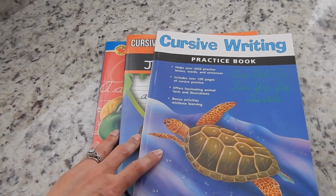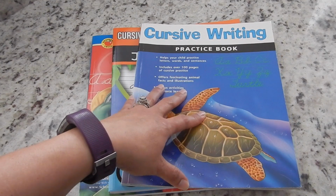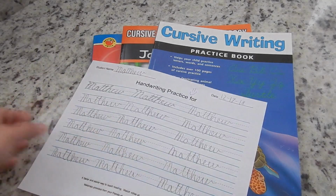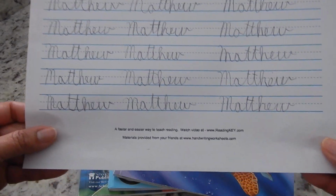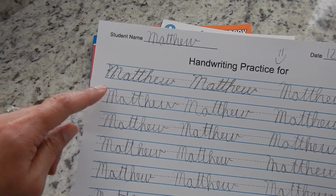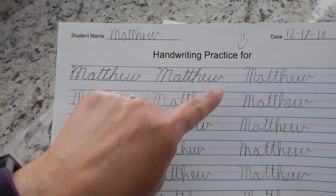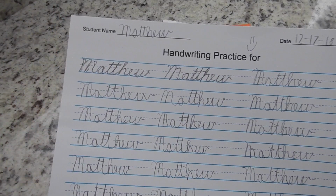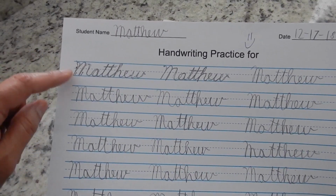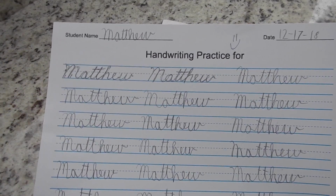But there's also another thing that I want to show you. If you can't, or if you don't want to use workbooks and you just want to refresh your kids with cursive, I get worksheets, or I make up worksheets here at handwritingworksheets.com. You just type in what you want your child to practice, and then you can make your own personalized worksheet. Now, Matthew did this one back in December, and so I had him do his first name, and now we are working on his first and last name,